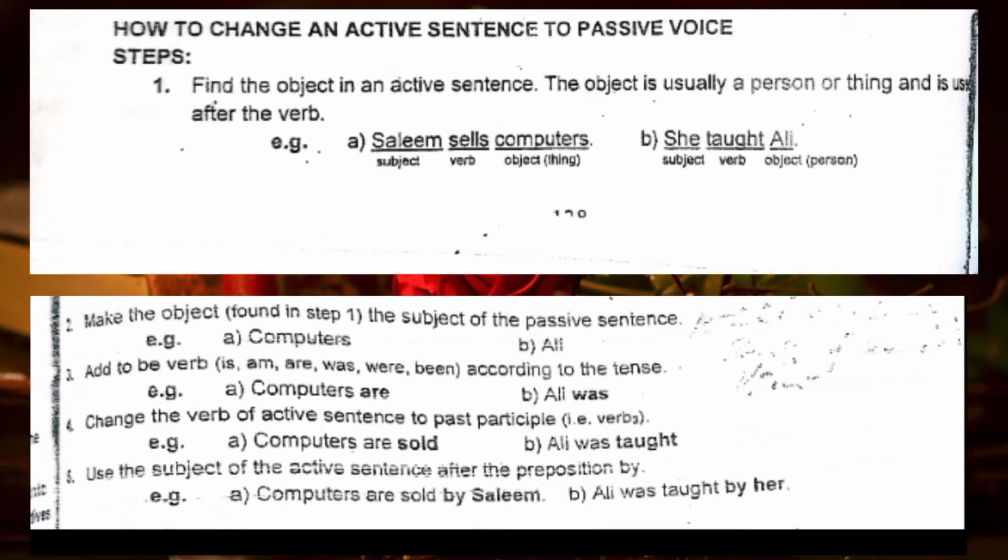And the fifth and last step: use the subject of the active sentence after the preposition by. Computers are sold by Salim. Ali was taught by her. Got it? Then we have another point